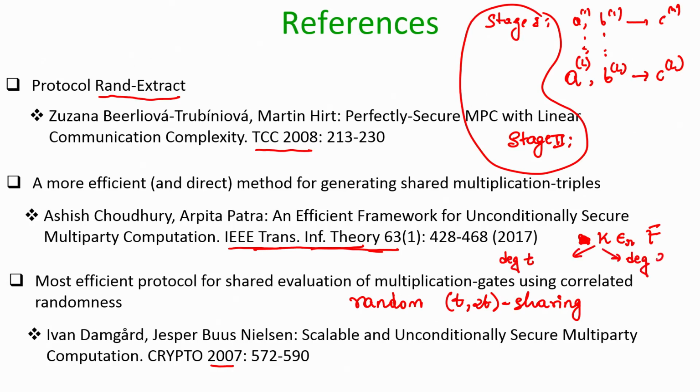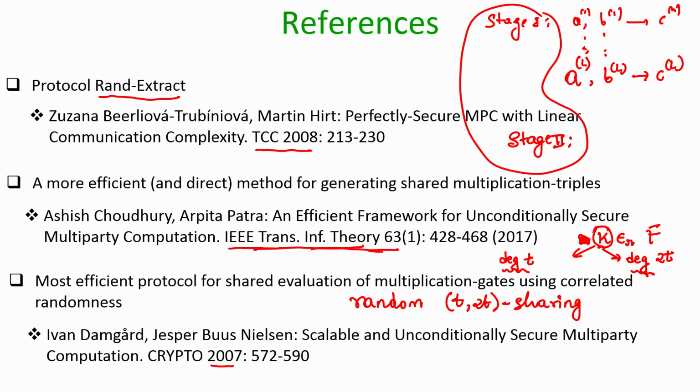Of course, both of these individual polynomials have to be random polynomials. That means, there will be a random t degree polynomial whose constant term will be k, and parties will have respective shares on that polynomial, and there will be another random 2t degree polynomial, but its constant term will again be the same k, and parties will have their respective shares lying on that random 2t degree polynomial. That means, now parties will have 2 shares for the same value k, one share corresponding to t sharing, another share corresponding to 2t sharing.